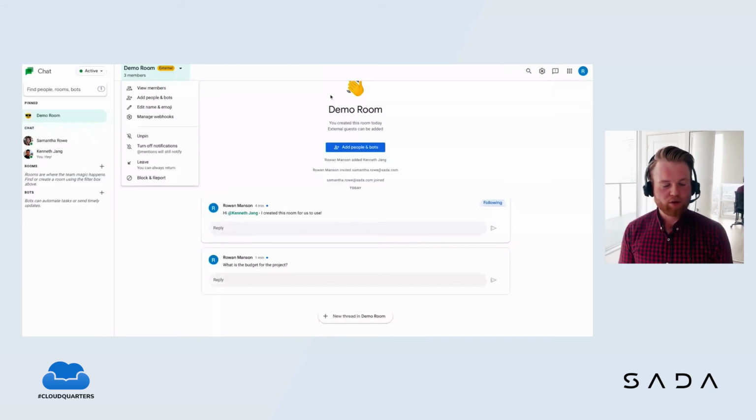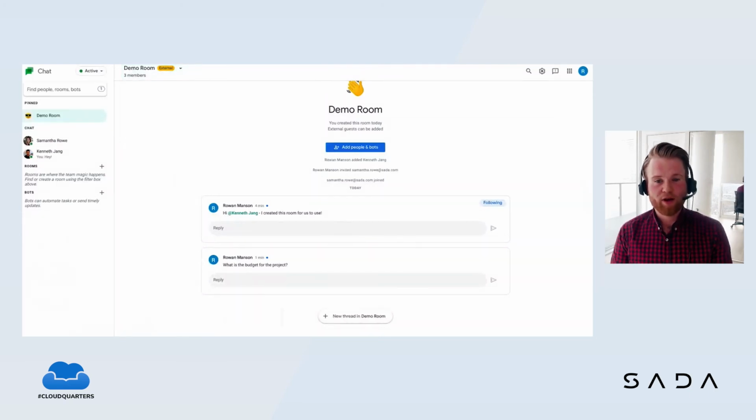So that is how you can use threads within a room to split up different parts of conversation. Okay, so now that I've created my room and I've configured the settings appropriately, added the different members, and also created a couple of different threads within the room, I want to show you some of the different abilities that you have, and some of these are very helpful in comparison to email and can be a bit more